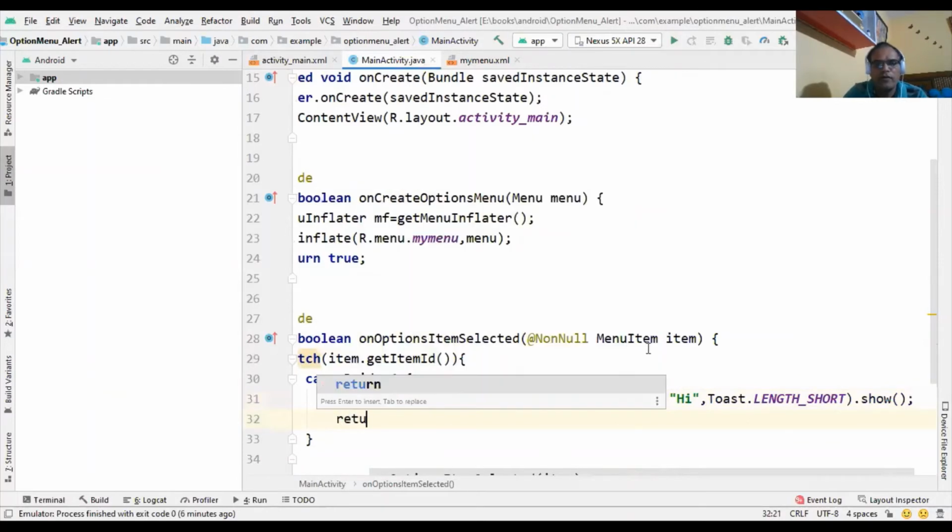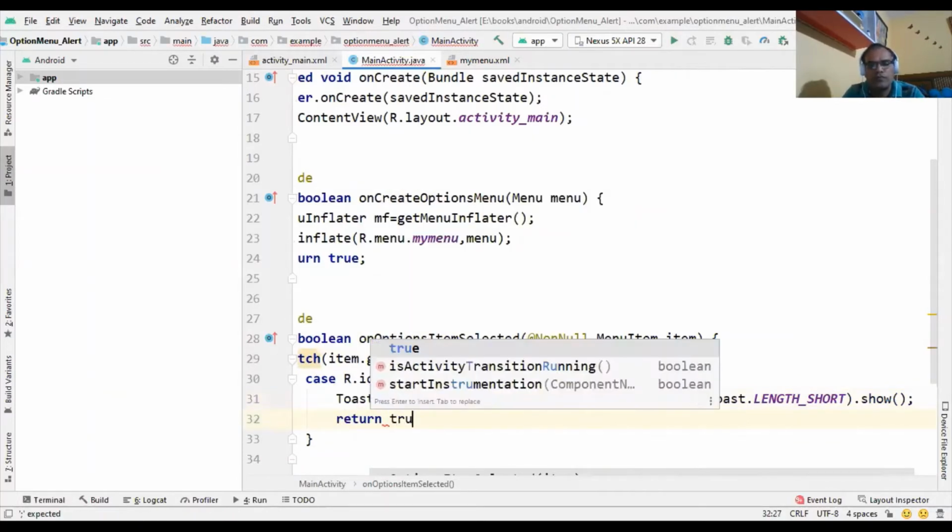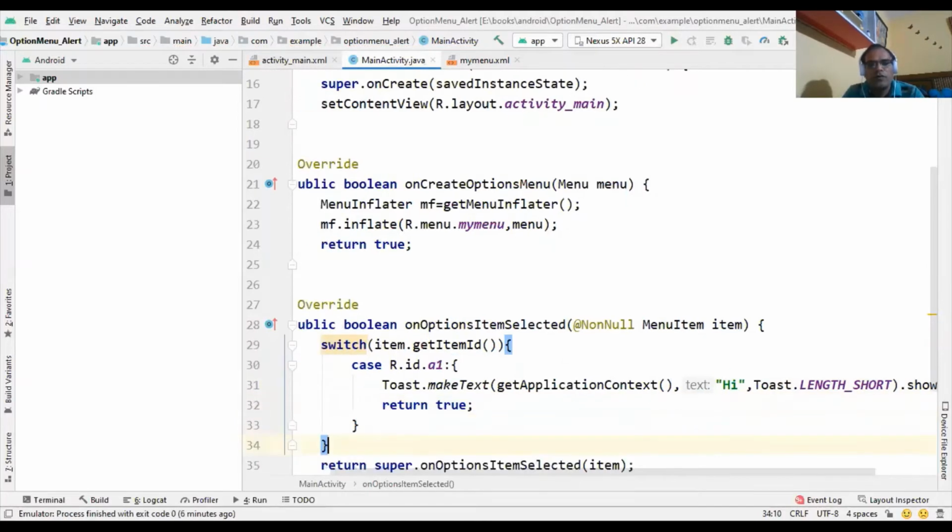And then return true. So now this is the case R.id.a1. When we click on that particular option whose id is a1, it will show this message.